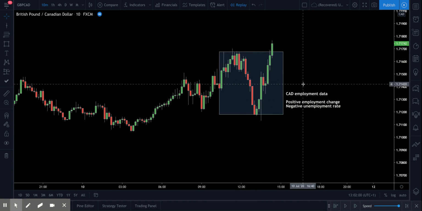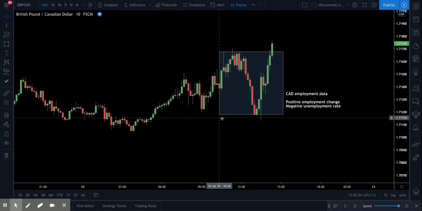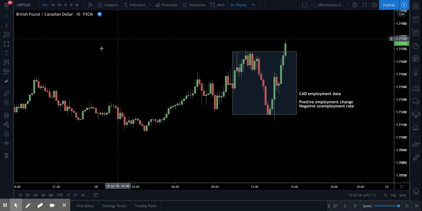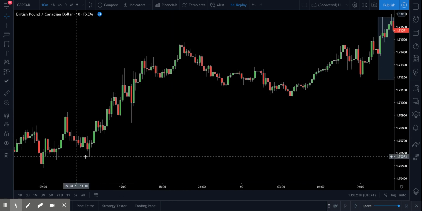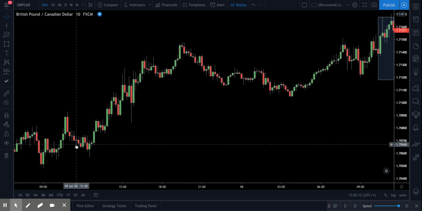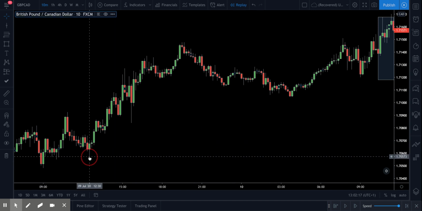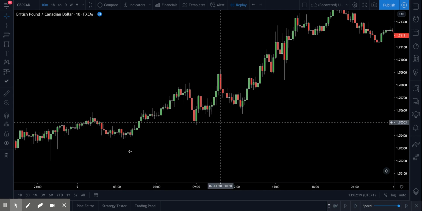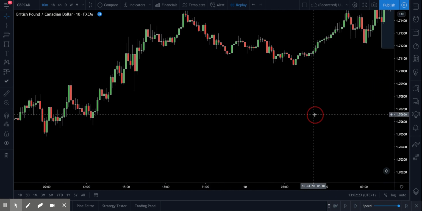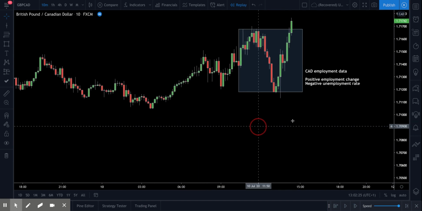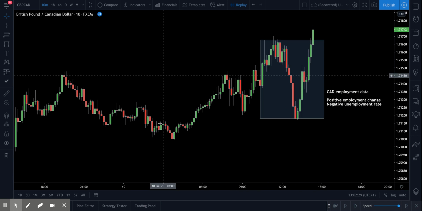So when it comes to fundamentals, you can keep your eye on this data and use it to your advantage by reading it after it's released and looking to trade in line with the trend from there. But really, news is going to be a gamble, okay? The overall fundamental focus should always remain with geopolitical events, central bank data like interest rates and monetary policy, and actually trying to track the performance of an economy to trade in line with the trend.